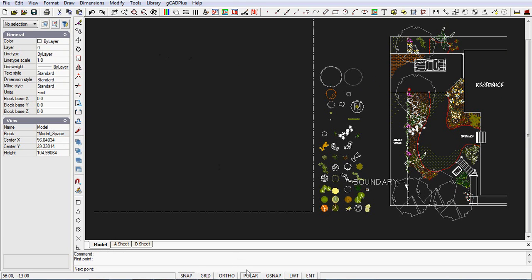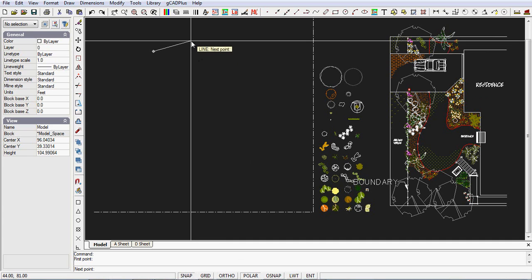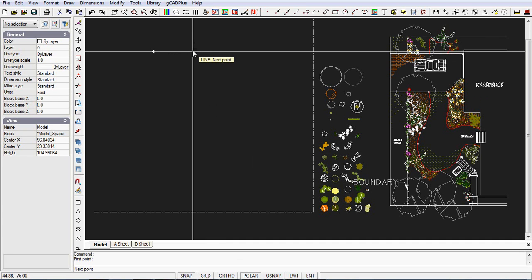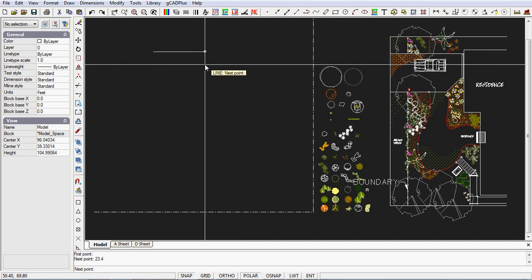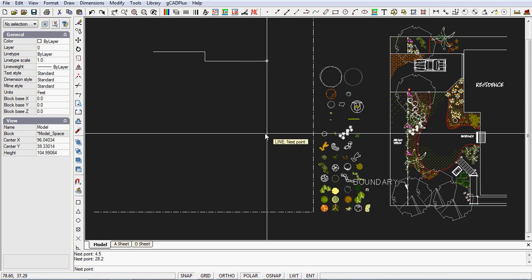And make sure that Polar is on. That will ensure that we can draw lines. If we allow our cursor to sort of snap to that horizontal plane, we can type 23.4 feet, which is the first distance. The design or the footprint of the house then comes down 4.5 feet. It goes across in this direction 28.2. I'm just reading off the mud map here. We go down 19.0 feet in that direction,